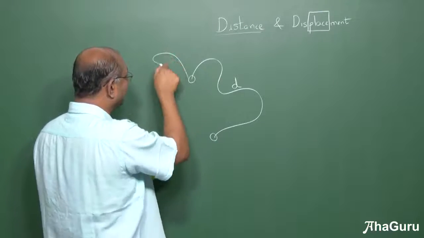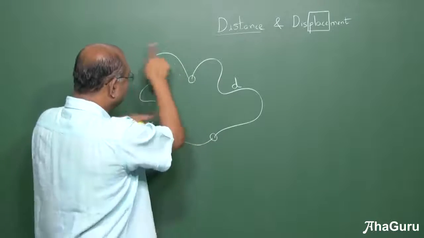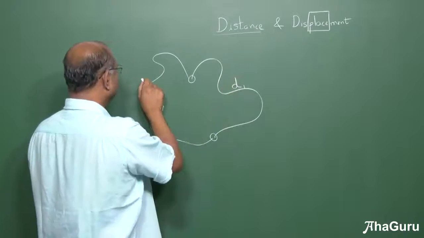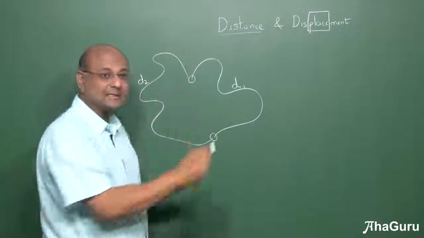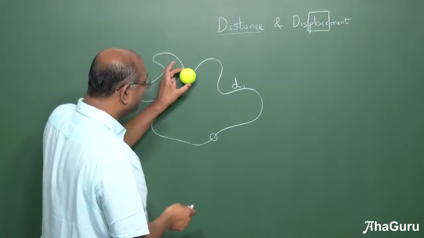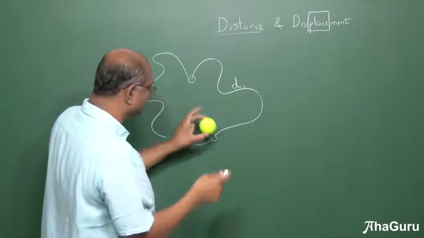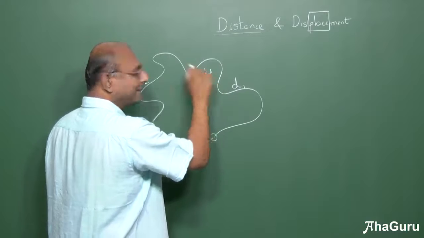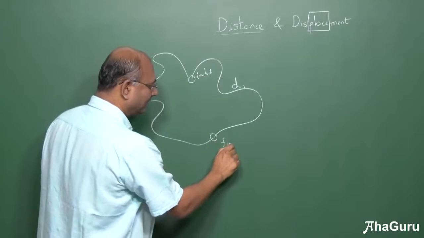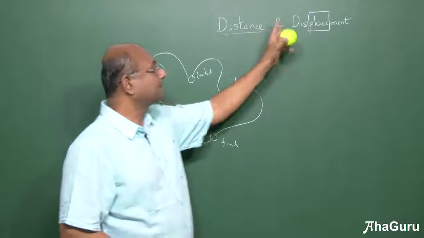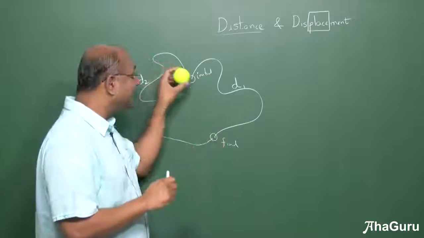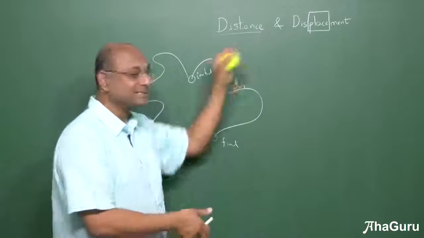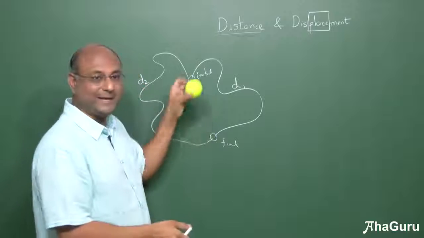So for example, if I went like this, is this distance equal to that distance? No, right? This is d1, this is d2. These distances are different. But the place, it was originally there, it is now finally here. We will say initial, the beginning, and final. Displacement means change of place. Displace means change. Change what? Place. So I have changed the place.